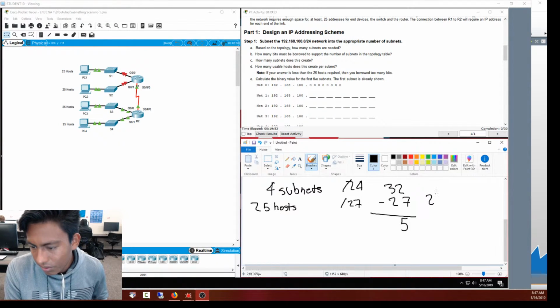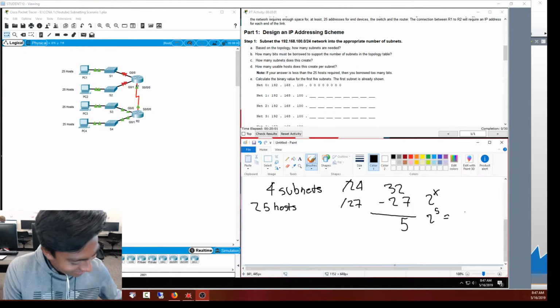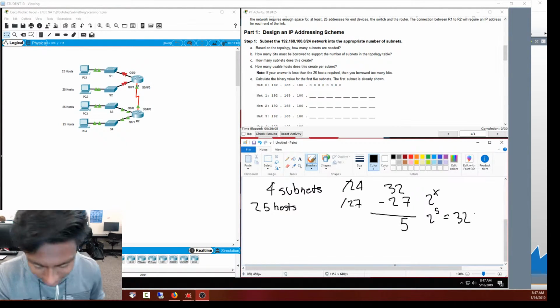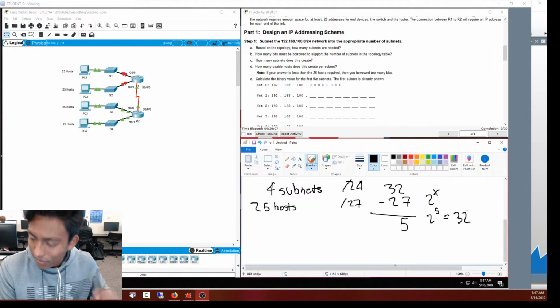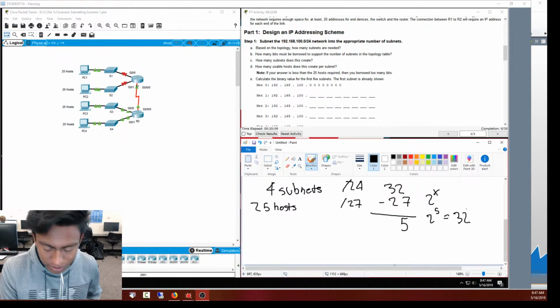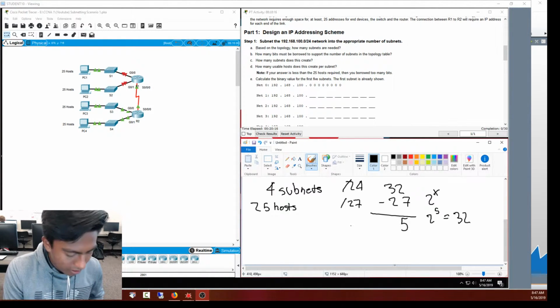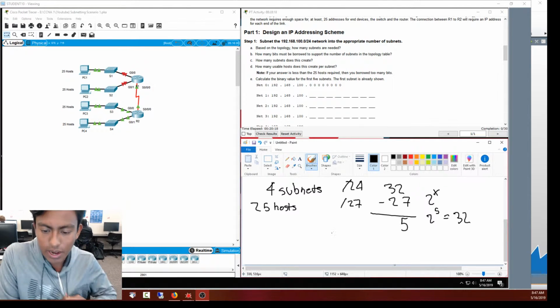The first equation was 2 to the x power, so 2 to the 5th power is equal to 32. That means we're going to have 32 hosts in total for each subnet that we make. And for getting how many total subnets we're going to have, it's going to be